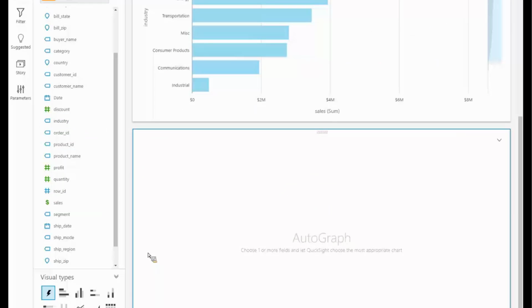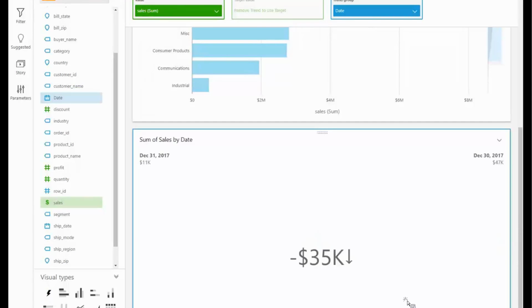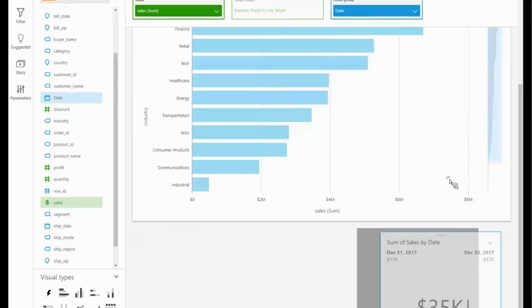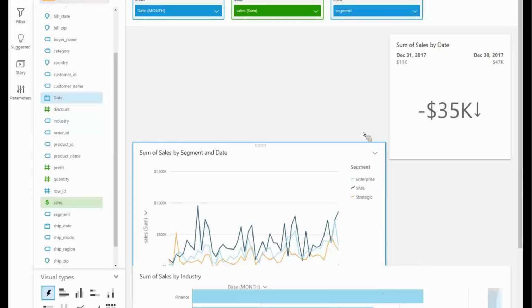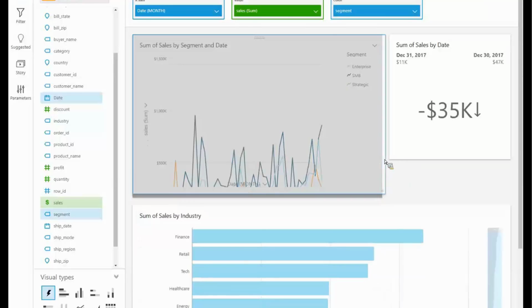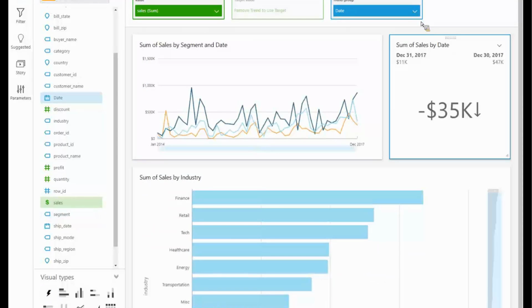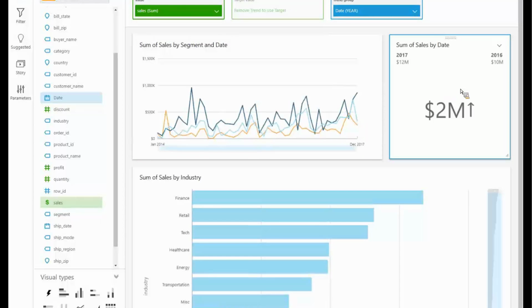Let's go add another visual. Maybe this one will be more like a simple KPI metric. So I'm going to take my sales and I'm going to say that I want to group it by date. So this will automatically create a comparison where I can do a year-over-year comparison. So I'll resize this, relay this out a little bit. So what this is now showing me, if I change it to a yearly level, is my year-over-year change,